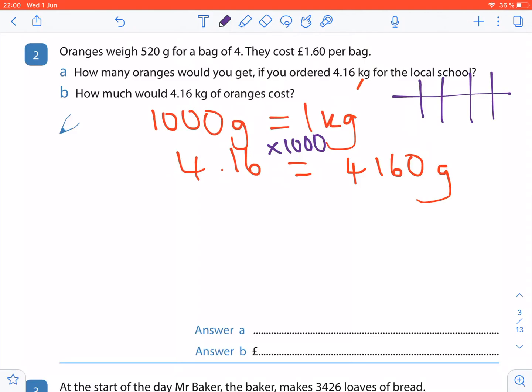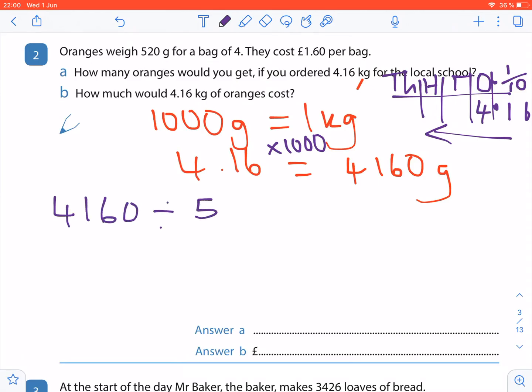So we had ones, point, and then tenths, and then here we've got our tens, our hundreds, our thousands, and so when we're timesing by 1,000, this number here, sorry, I haven't fitted in a 16, would move 3 places this way to become 4,160 grams. Right, so then we need to know how many